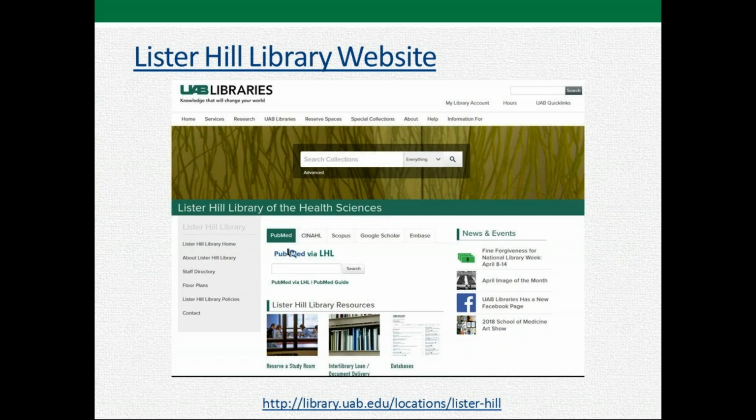The libraries have joined administratively, so we have a joint site, and our catalogs are joined together, so you don't have to search each library catalog separately. You can do it separately together. But we also have our own websites as well, so you can go to that, and if you go to our website, you can see that we've, in fact, let me.